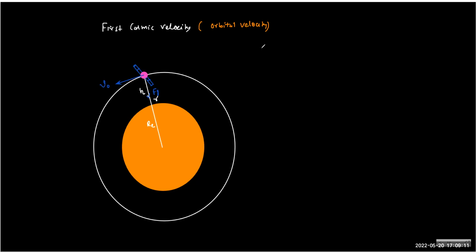The gravitation is pretty easy to write: G m Earth m satellite upon r square equals m v square by r, correct? And again, what we need to understand is that the mass of the satellite really doesn't matter. Now you can see that for a spherical body, the velocity is inversely proportional to the square root of r, which means as you go away from the planet, the motion is really easy. With a small value of v, you can turn around the planet because a big radius means the change is small.